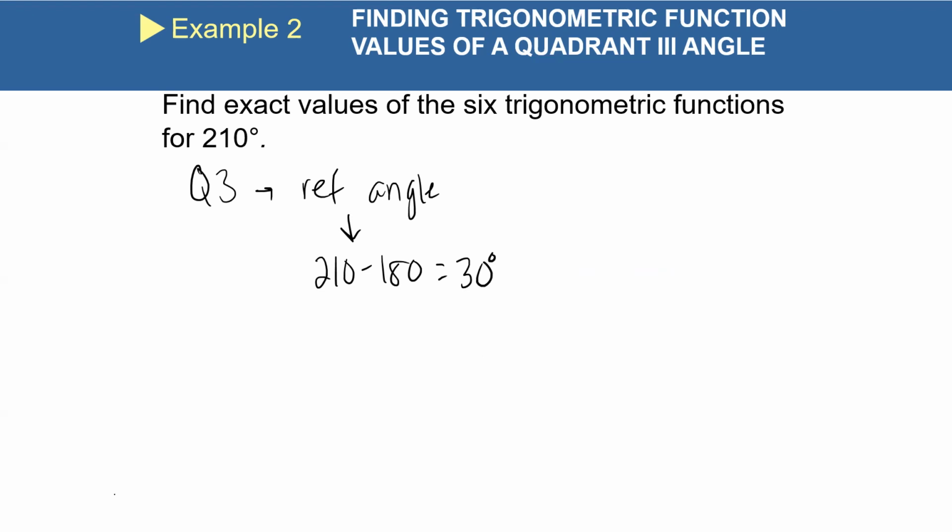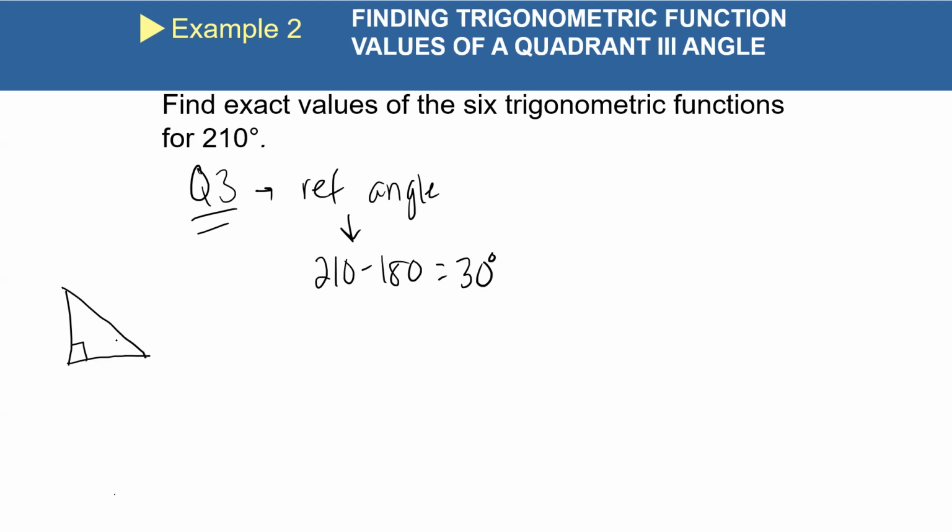Could I find the sine, cosine, and tangent of 30 degrees? I surely could. The only thing that I'd be mindful of is that because it's in quadrant 3, when I find the sine, cosine, and tangent, everything is negative except tangent and cotangent. And that's because what quadrant are we in? 3, okay? If you can't remember the sine, cosine, and tangent, a good reference is to always draw your